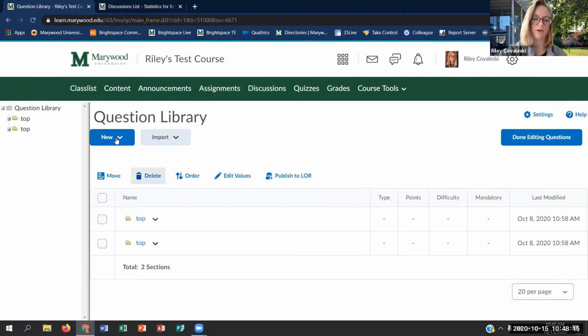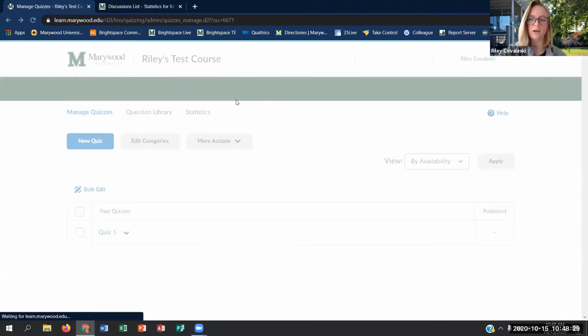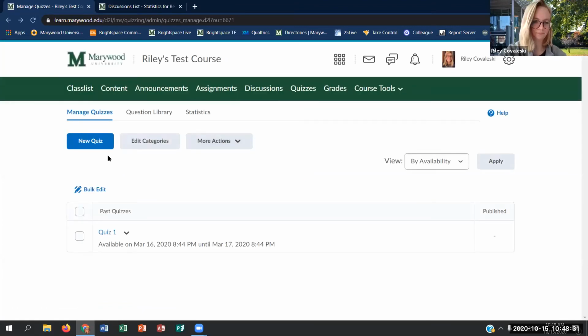So this is essentially what your question library looks like, and you could do as you would in Moodle, perhaps create all of your questions and then create your quiz and pull in the questions from the question library. But just like you could in Moodle, you can just create a new quiz and then create new questions in that quiz. And before I actually create a new quiz, I do want to mention that if you joined us